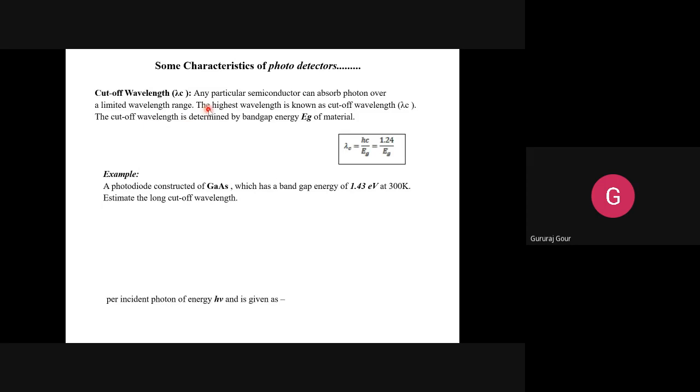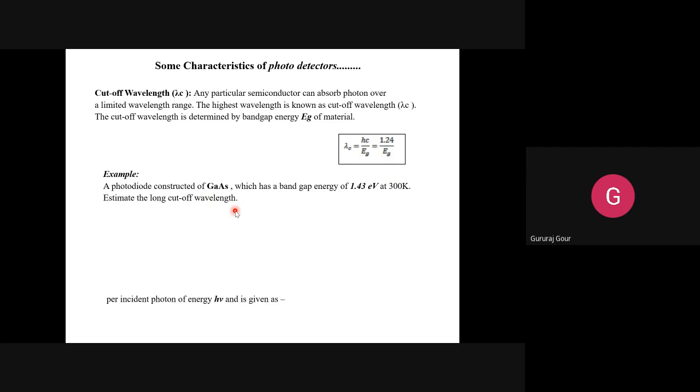The cutoff wavelength actually refers to the wavelength of the light itself, but also depends on the band gap energy that depends on the material property. So if you take the ratio of these two, λc = hc/Eg, where h is the Planck constant and c is the velocity of light. You have to remember it, it will not be given in the problem, divided by Eg.